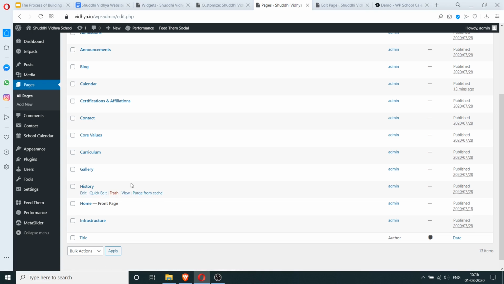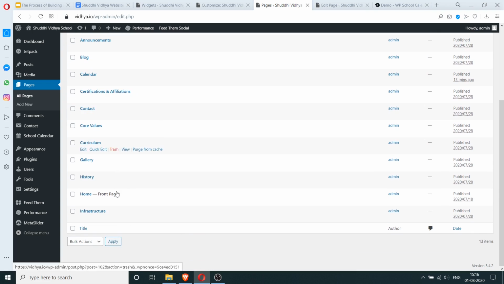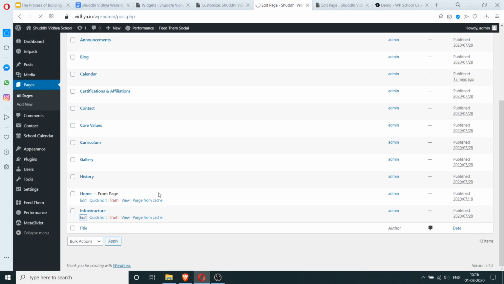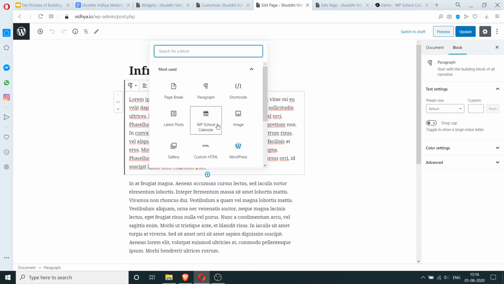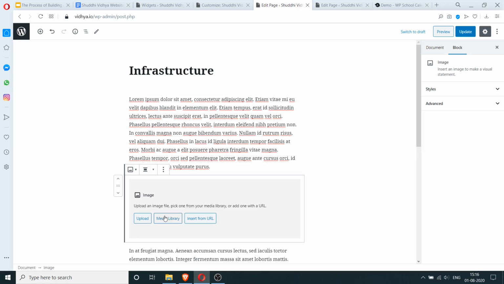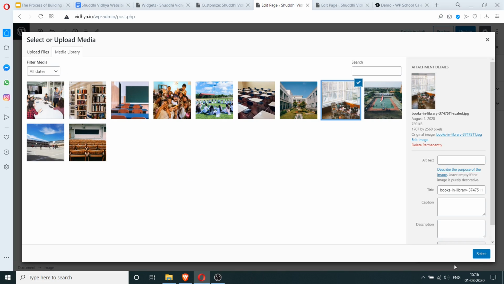And also let's go to the infrastructure and edit it and add some photo here. And this one looks good.